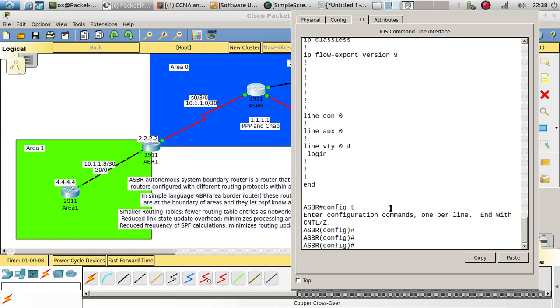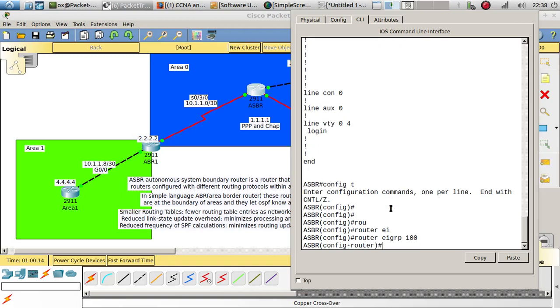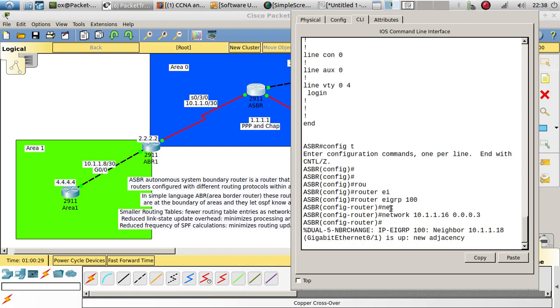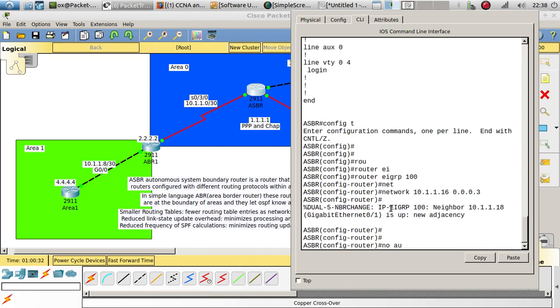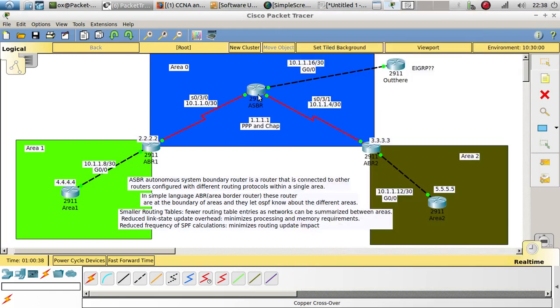Config terminal, router EIGRP 100 needs to be the same. Network /30. Okay, no auto-summary, and you can see these networks are up, so this router and this router